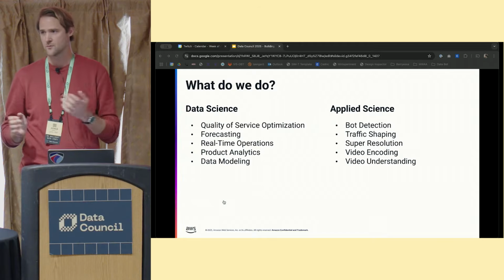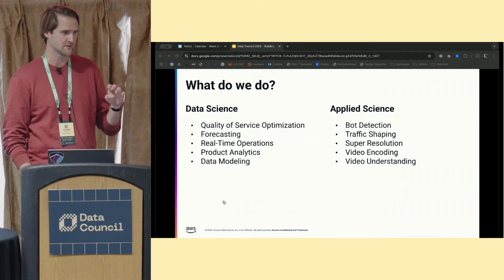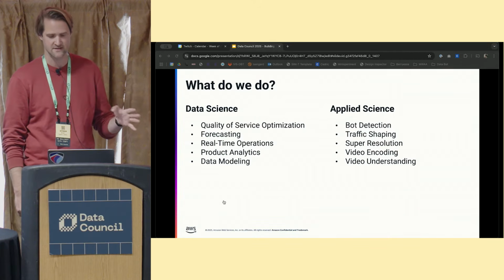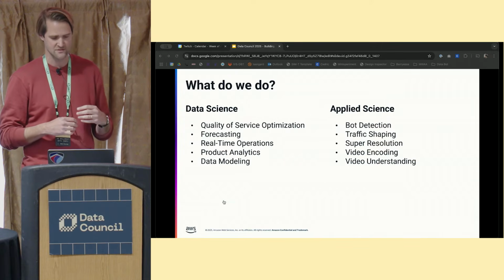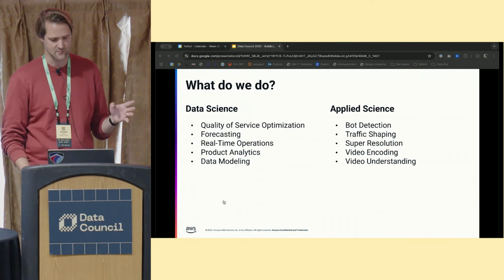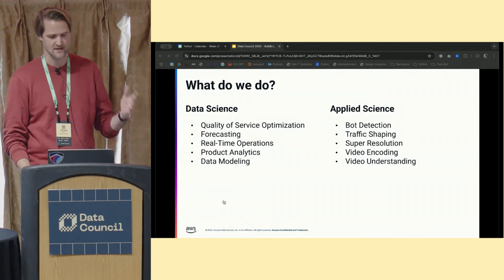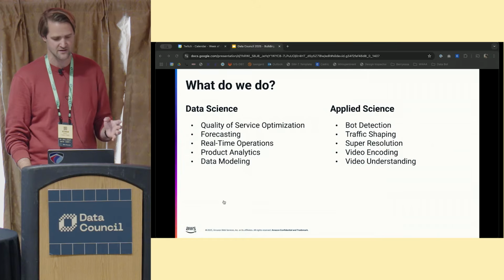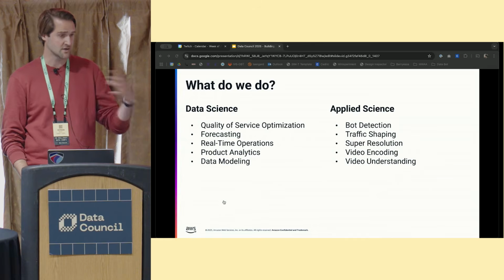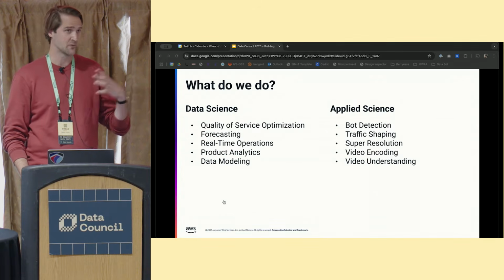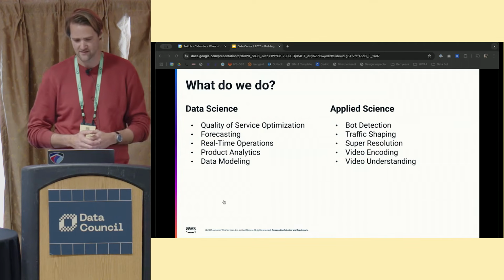Well, as I mentioned, we cover both data and applied science. Under the data science category, we focus quite a lot on quality of service and quality of experience, and our ability to relate those two measures. For quality of service, we are looking at things like buffering per minute watched, latency, time to first frame, stream starvation. For quality of experience, we focus mostly on watch time as a proxy determination for if someone is having a good time watching video or not, if they keep watching.